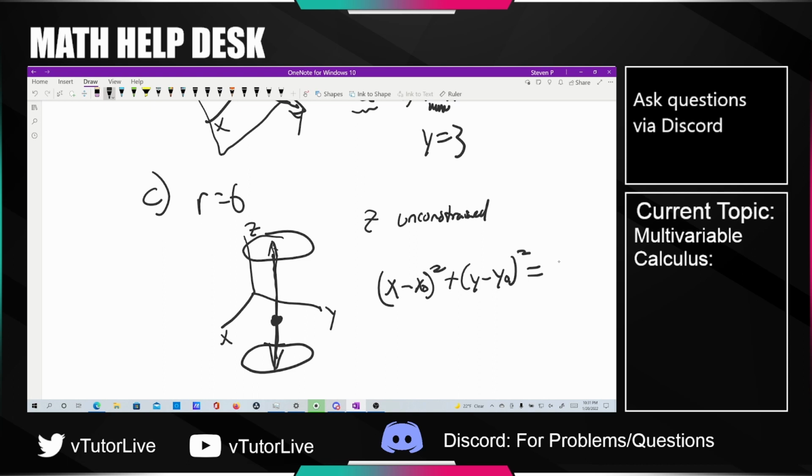And we're going to know that r is equal to 6. This is just the equation of a cylinder in 3 dimensions, which is the same as the equation of a circle in 1 dimension. So at this point, we basically just need to go in and